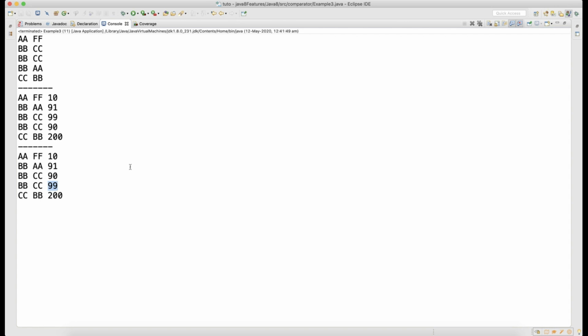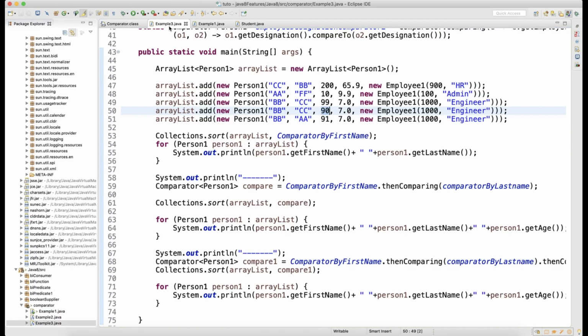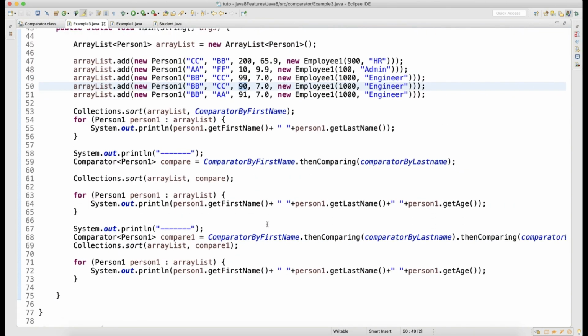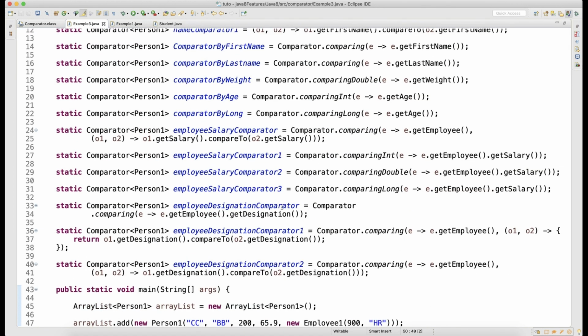So generally where then comparing is helpful is when you know that you have a lot of duplicate data in your list and you have multiple parameters, so you can combine 3-4 parameters and you can write these then comparing methods, and that's how this will help you, right? Then comparing, you can combine multiple and it will help you to compare that. Similarly, beyond then comparing, you have other methods also, which we did in my very first video.